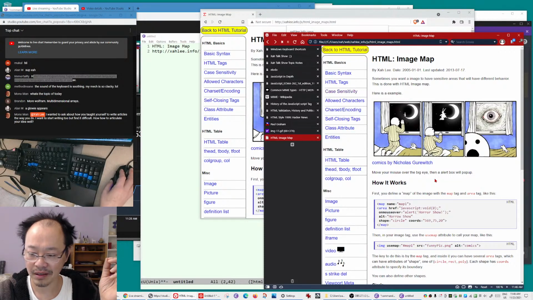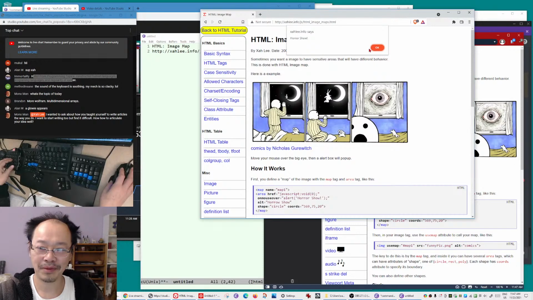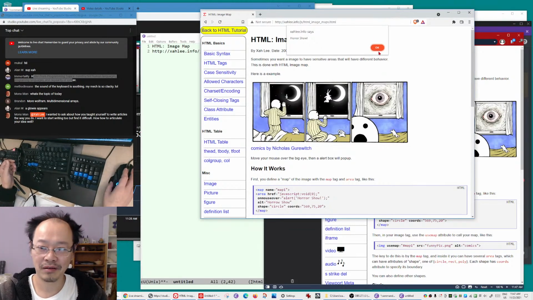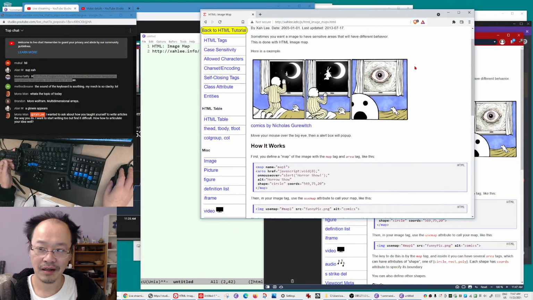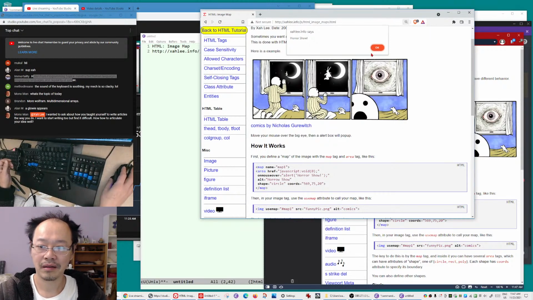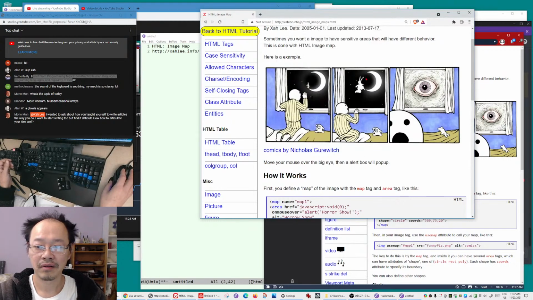I suppose that's what happens. But anyway, with an image map, I move my mouse over the eye and something will happen. So that's what an image map is. You can see this is an image. And how do you do it? You specify, wait.